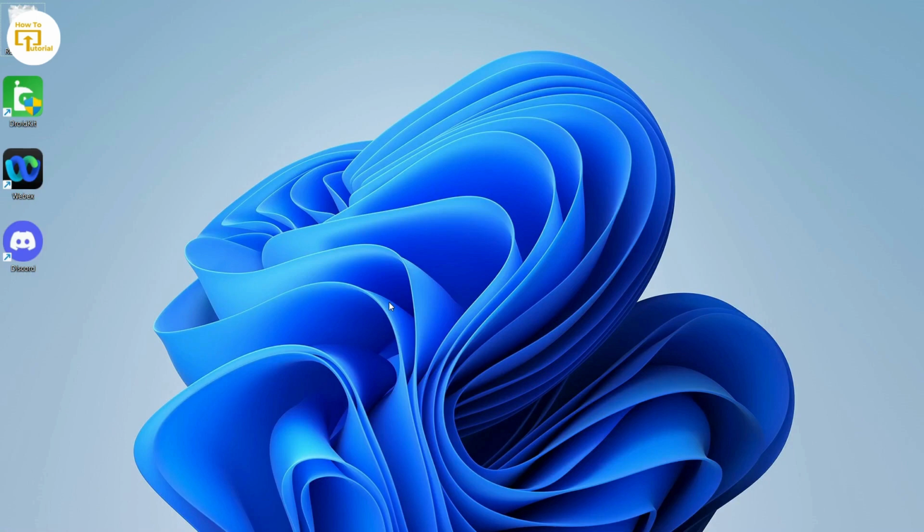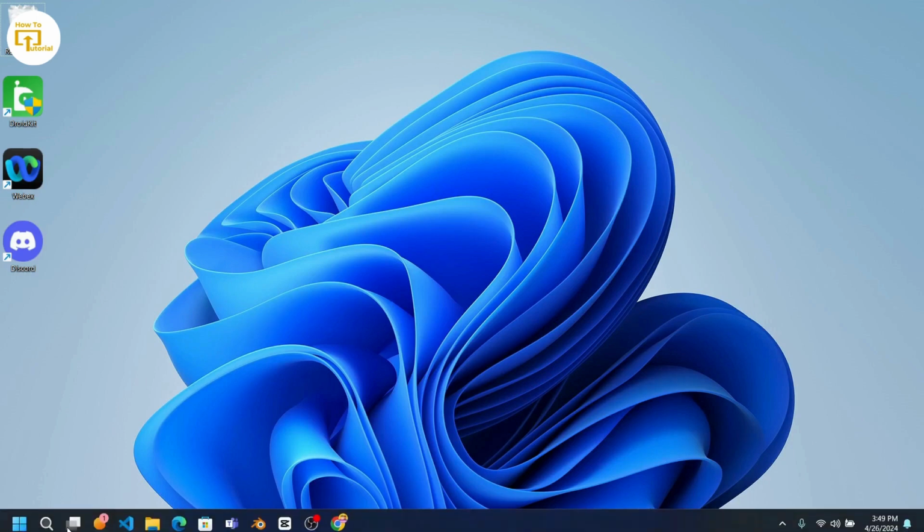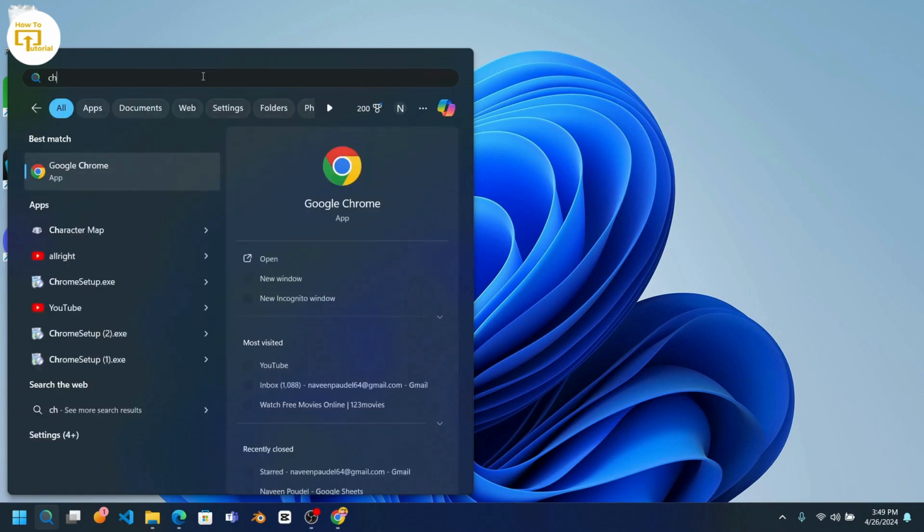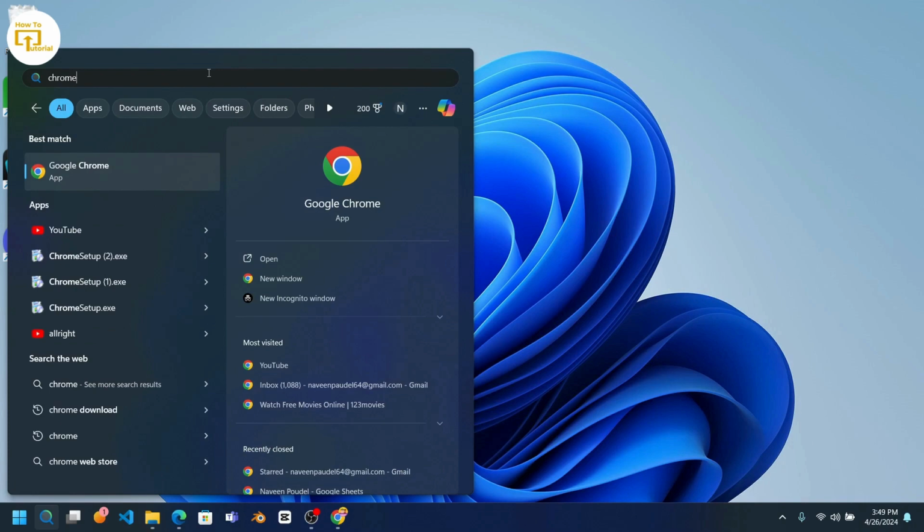So now after downloading Chrome in your device, just simply search for Chrome. You have just downloaded Chrome, right? So after searching for Chrome, you will find your browser. So just simply add this browser to your home screen by dragging and dropping it